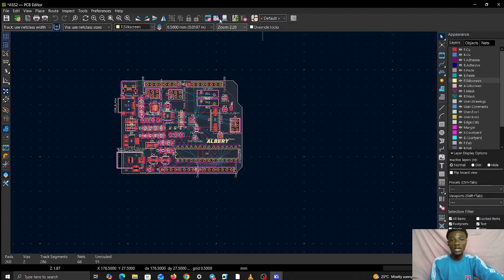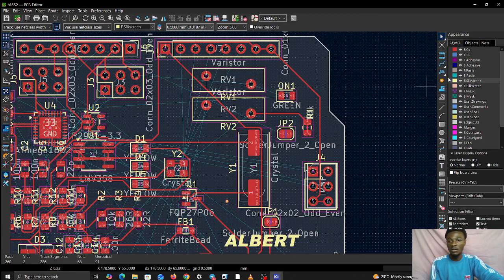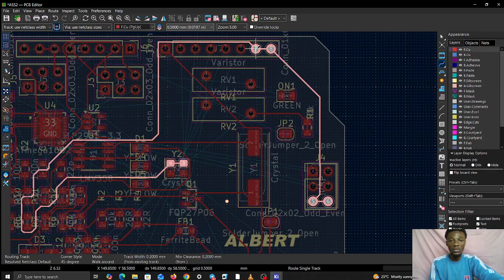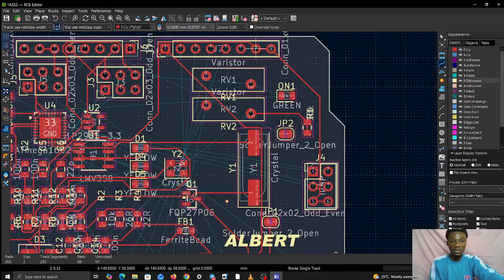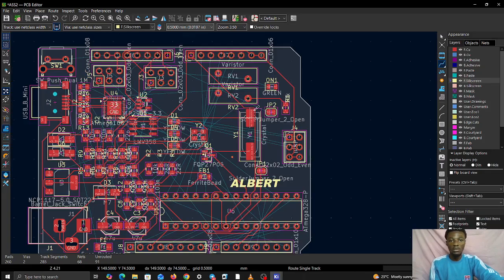From there, let's move to our routing. To do the routing, you have to go here, then you go to route single track, then you route every track or every component you see here. So let's take this one, for instance, then you route nicely. Good. When you are done,